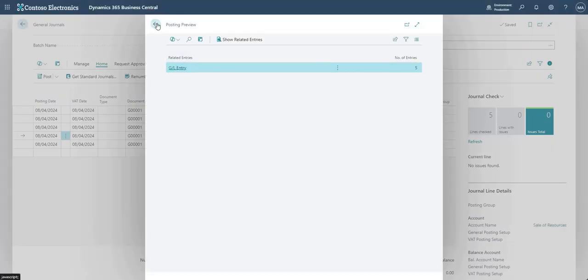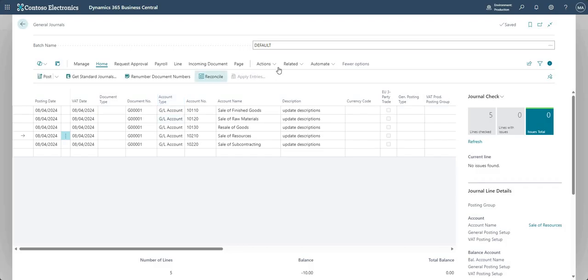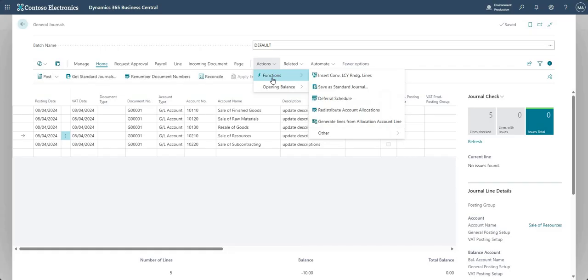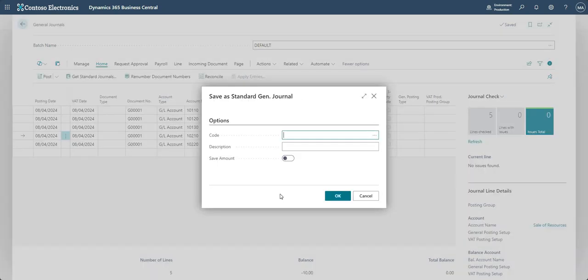Now, what is a standard journal? Well, if I want to save these journal lines, because I might want to use them again at some point in the future, what I can do is go in and say actions, functions, and save as standard journal. This then gives me another screen that says save a standard general journal. I can give myself a code, so I'll just call it recurring